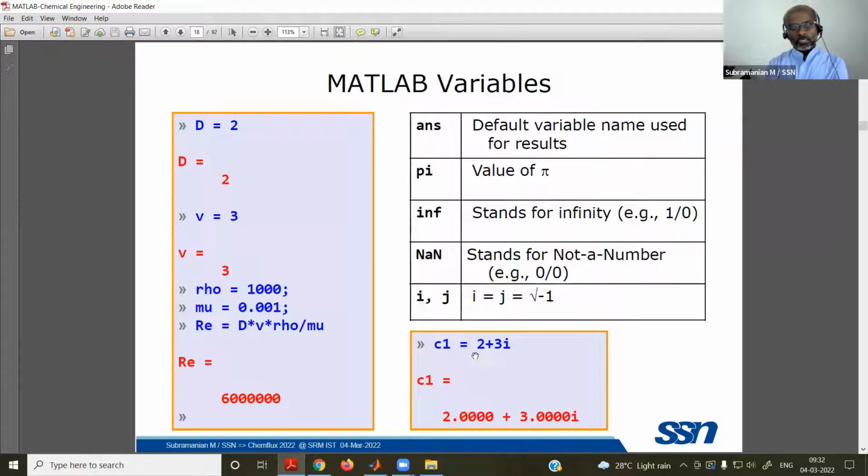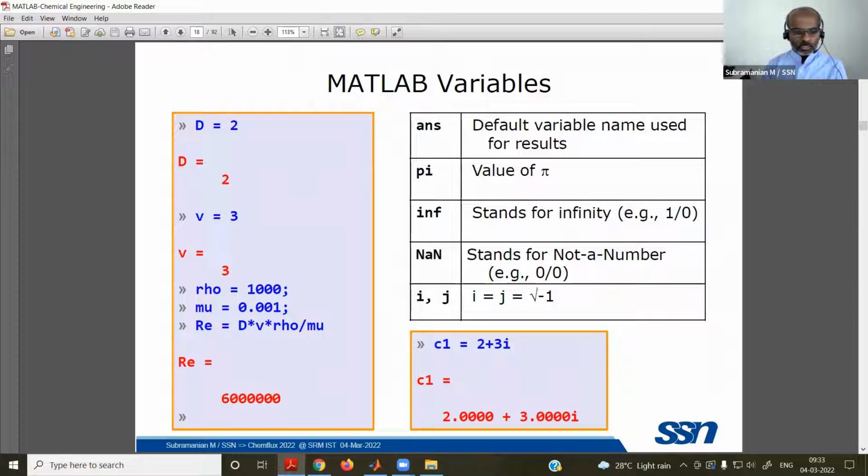So these things can be easily inputted, and you can easily get complex number processing using MATLAB. To input a complex number, we simply have a variable C1 which is equal to 2 plus 3i. This i indicates this is a complex number. In addition to i, you can also use j.